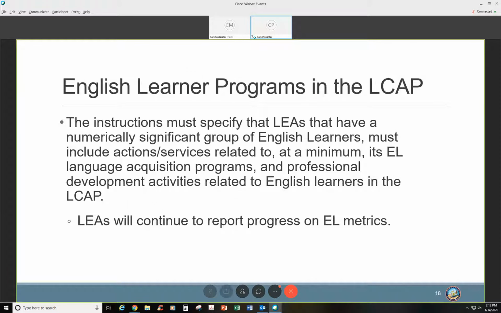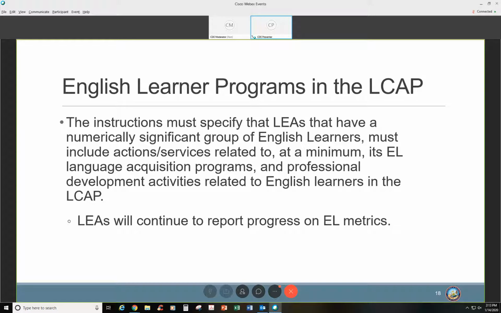Yet another change, and this is in the instructions, is that it is required for any LEA that has a numerically significant group of English learners, consistent with Ed Code section 52052, where that significant number for English learners is 30.